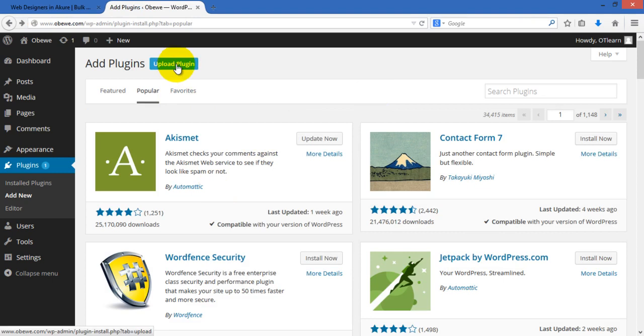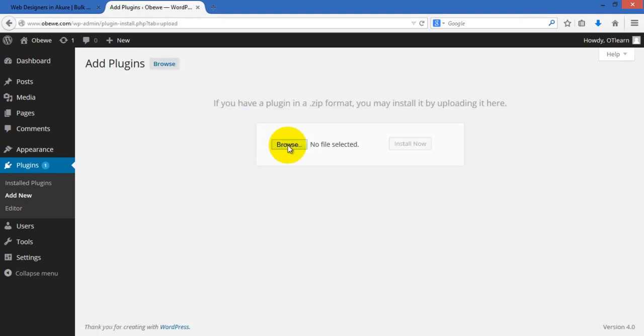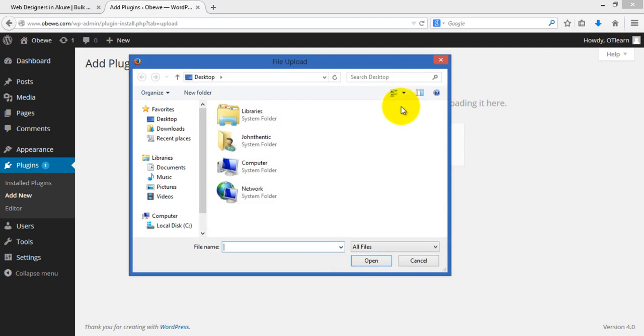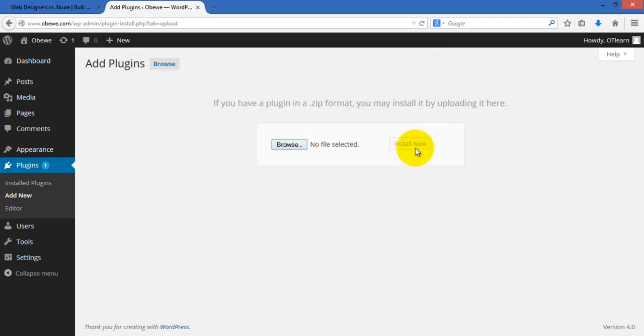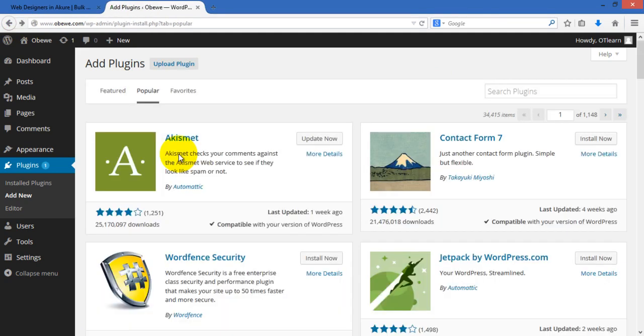If you have it already on your computer, you can just click here to browse, click on the file and open it. Then you click on install now. It will upload, but I don't have any on the system for now because we are to search for a plugin. So this is the search box. It says search plugins. So Google